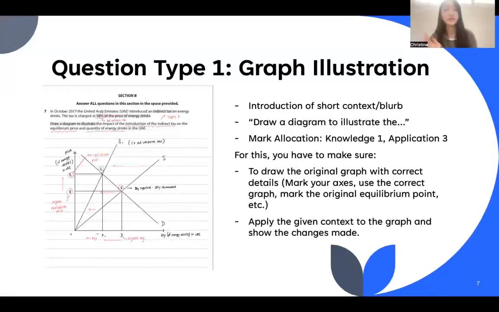You usually show that by shifting the S-curve, the supply curve, to the left. 항상 텍스가 세금이 붙는다고 할 때는 그 얼마나 이제 그 뭐라 그러죠? 공급이라고 그러죠. 죄송해요. 그 공급이 얼마나 공급량이 줄어드는지를 보여주면서 세금이 붙는다는 것을 표현하기 해요. 그 경제에서. 그래서 텍스가 붙을 때는 공급량이 주니까 S-curve를 left, shift it left. left를 shift 하는 걸 기억하고 that's application point 1. 그리고 이제 여기서 가격이 올라가야 된다는 것을 보여주는 거기 때문에 they ask you saying the equilibrium price and the quantity of energy drinks. 가격이 올라가는 걸 보여주고 얼마나 이제 수요량이 얼마나 올랐거나 내려갔는지를 보여달라고 하니까 그것을 보여주는데 application point 2